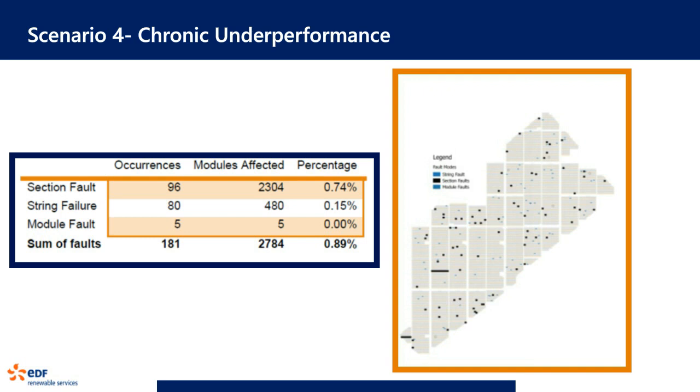Everyone hears the term module mismatch. We know about DC cabling losses. We know about slight differences in inverter and transformer efficiencies. And what really happens is all of those together, when you're building a model based on your as-built, paint a picture of what's happening in your plant, but it is really hard to calibrate that down to the level needed. For instance, maybe it's commonly known, maybe not, but within a batch of modules,